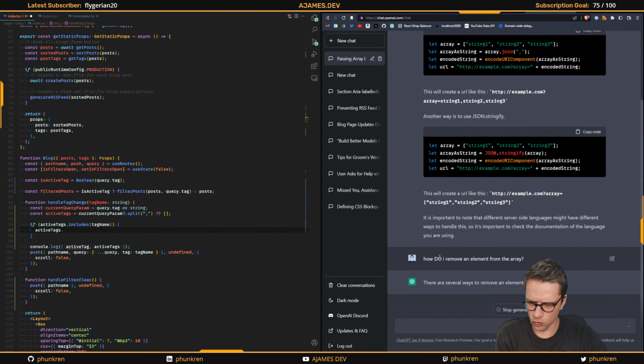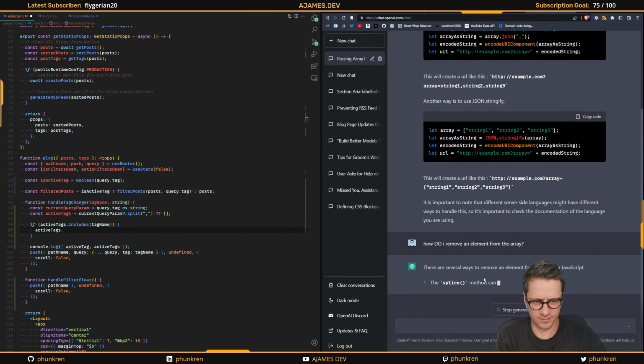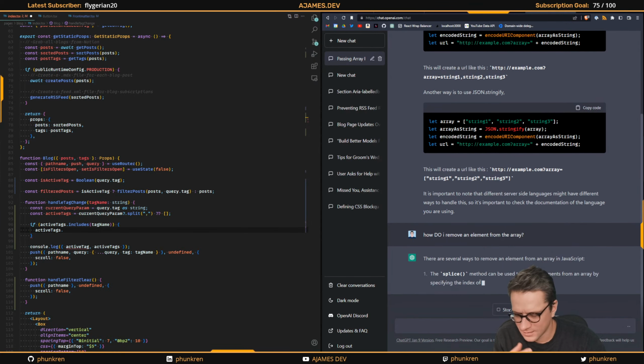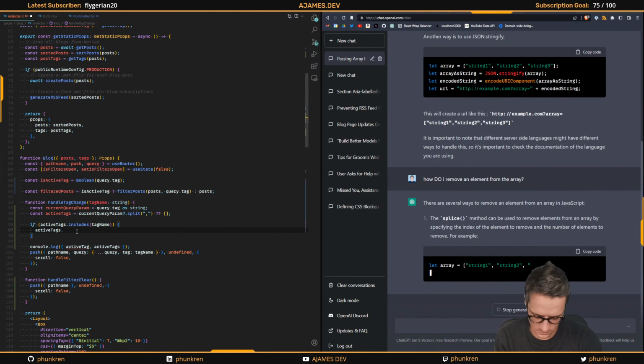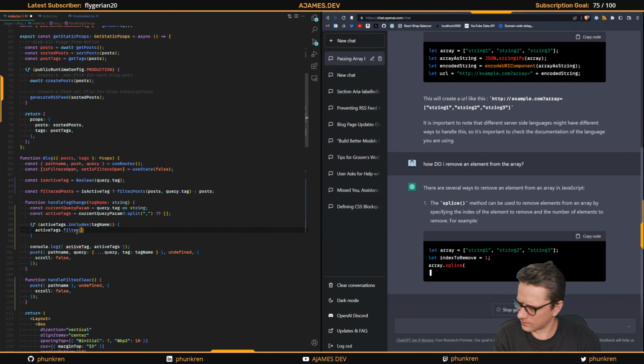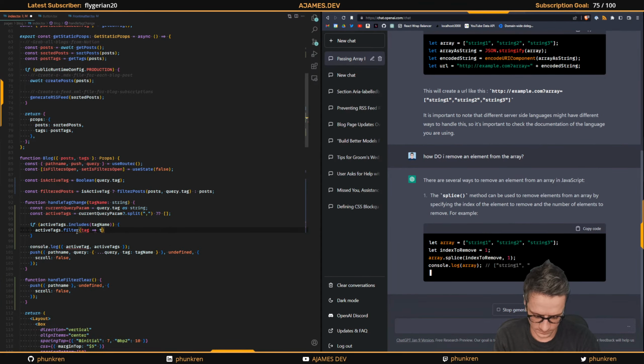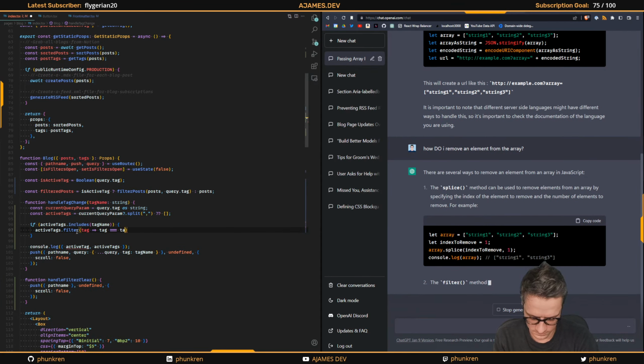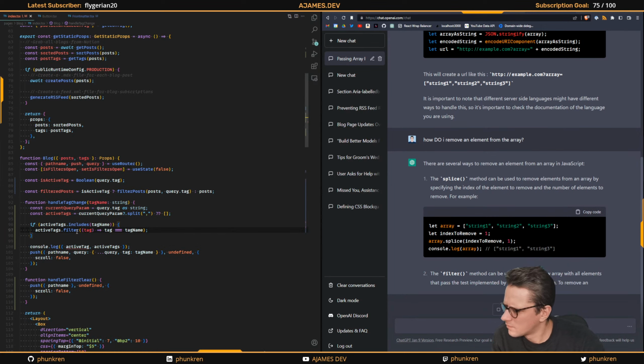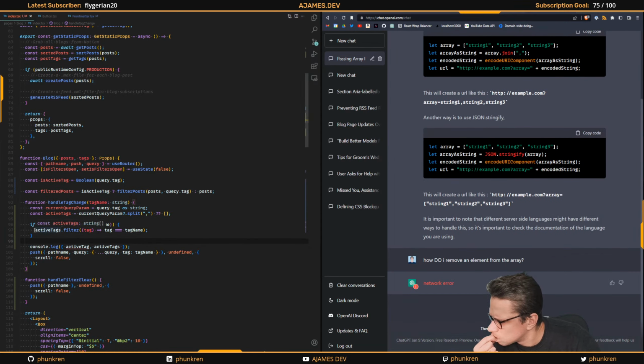How do I remove the element? I need to give an index there. I'm just going to filter. But that